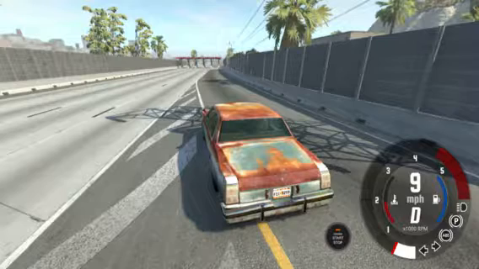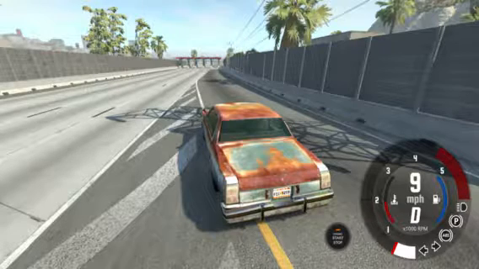Ooh, got an interesting crash from that. But as you can see, all the panels are easily falling off. And look at that car. It is a lot more crunching than the other one. Why don't we reset it and why don't we